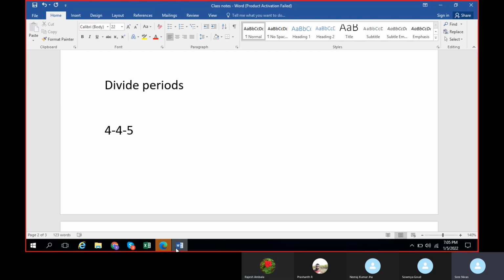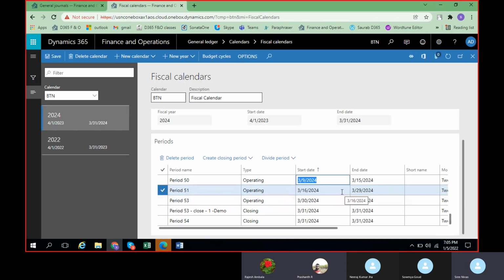It got merged into the previous period. So you have the delete option, create closing period, and divide period. As per the client requirement, you can select all these options.